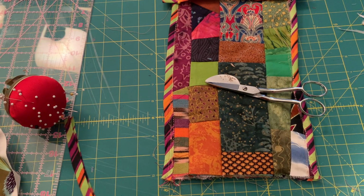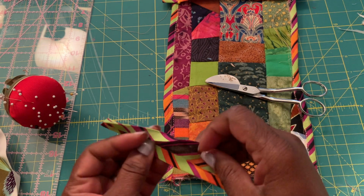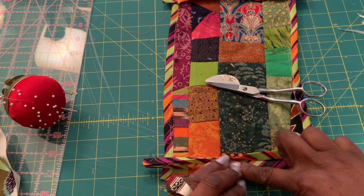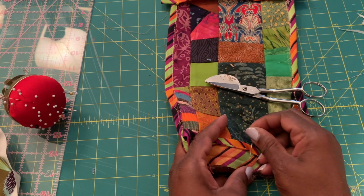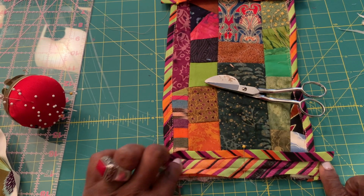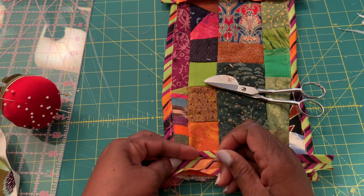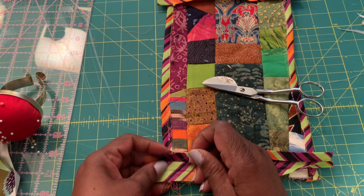We're going to open up our 9-inch piece. And then we're going to open it up again. And we're going to center it along the bottom edge. Maybe just pin it in the center. Make sure when you pin it in place that you have the 1/2 inch over here and the 1/2 inch over here overhang. That's very important because that's how we're going to seal up the final edge. Okay, I'm going to pin it in place here, pin it in place here,